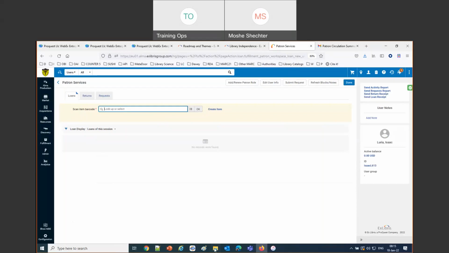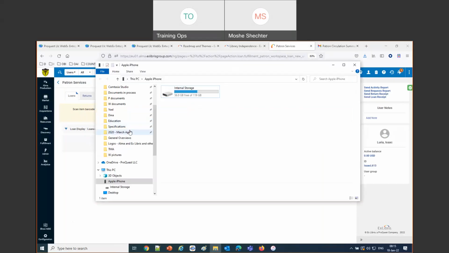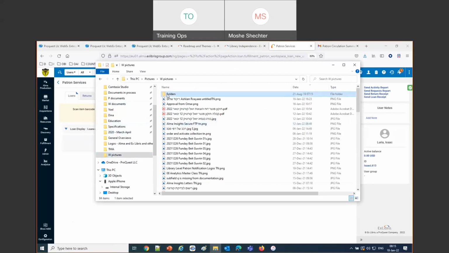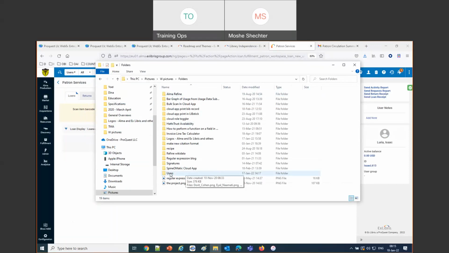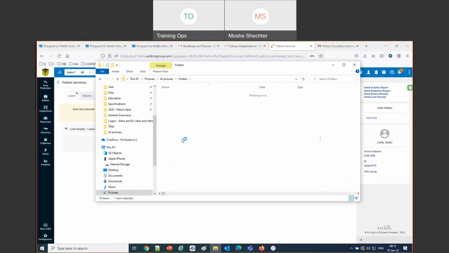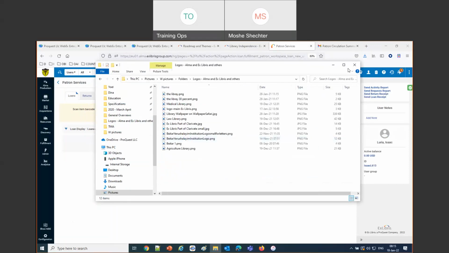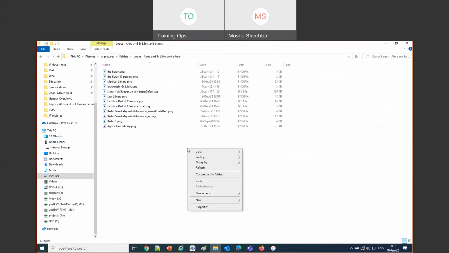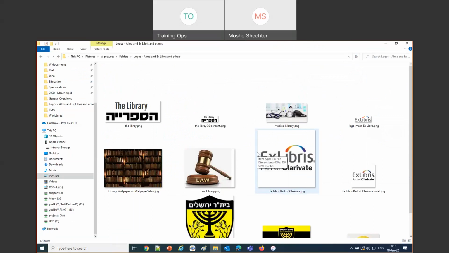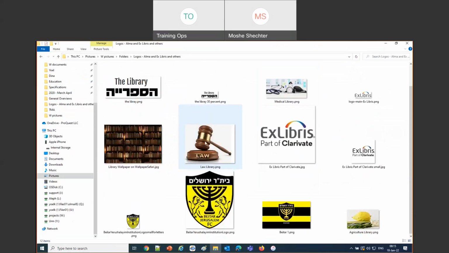So first of all, I have already some logos, and I'm always afraid when I open this up that I'm going to have something I don't want everyone to see, but here we go. So these are the logos I have. Let's look at these with extra large icons. I'm going to use this one for the medical library, this one for the law library, and this one here for the agriculture library.